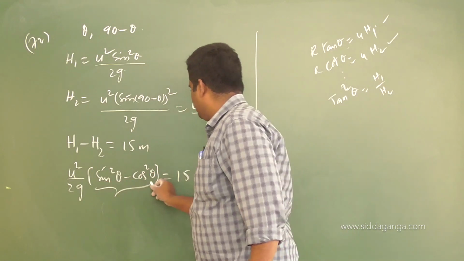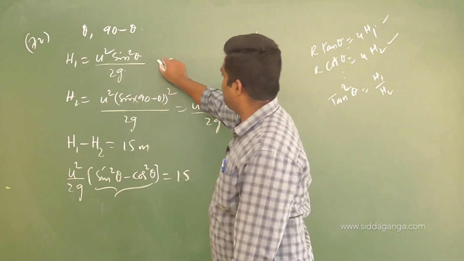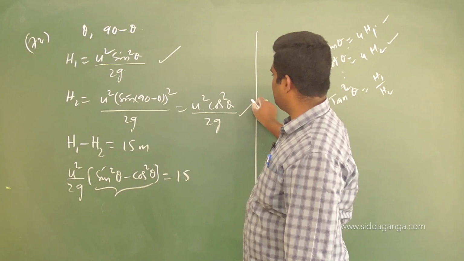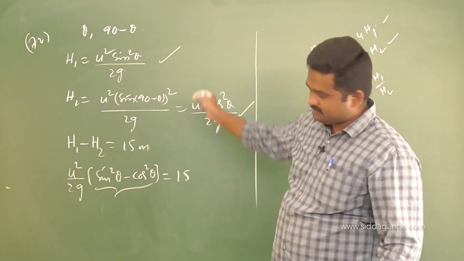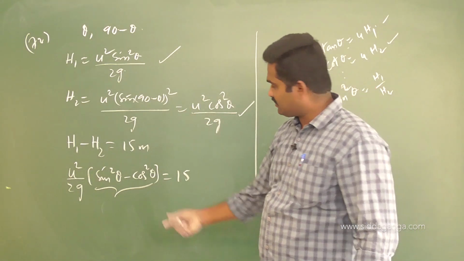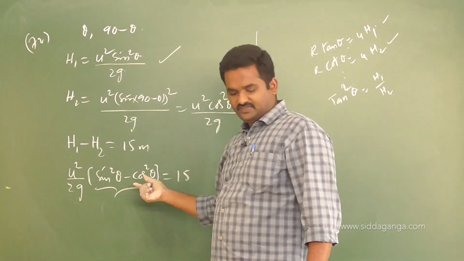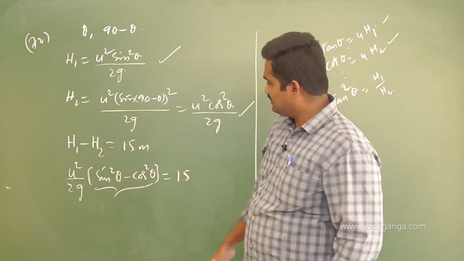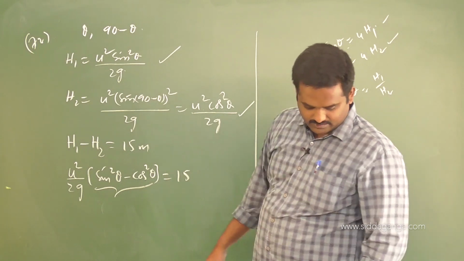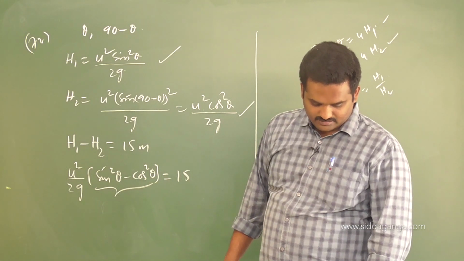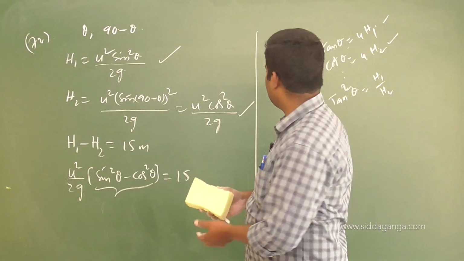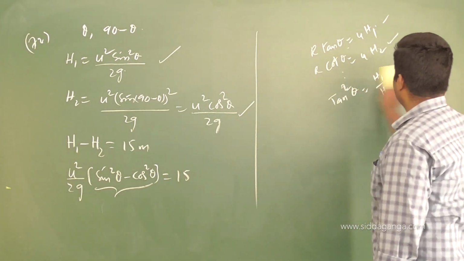You solve for the value of theta and substitute back into the value of h1 as well as into the value of h2. You will get the answers over there. Just solve that numerical over there. Solve for sin theta and cos theta values here. Theta value you solve, you will get the answer. Okay. Next, go for problem number 73. 73rd problem.